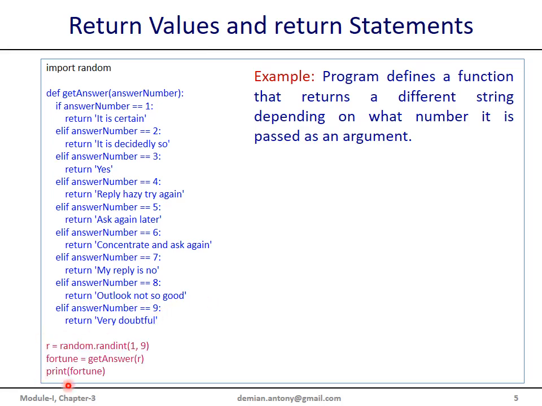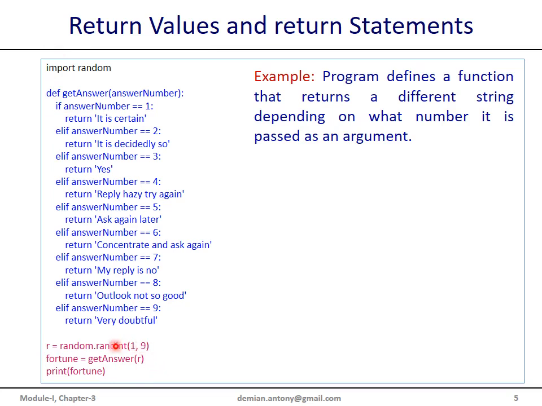This is the main program where we generate a random number between 1 to 9, as we consider only the parameters between 1 to 9, and we pass that random number that is generated with randint to the function getAnswer.